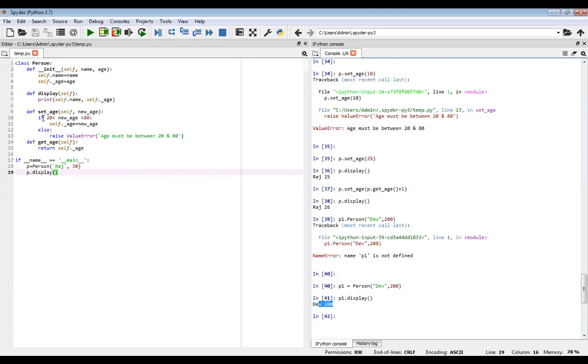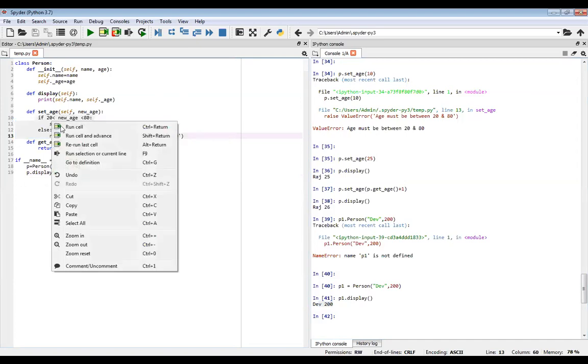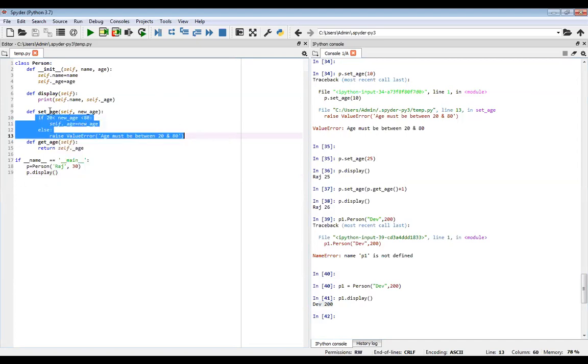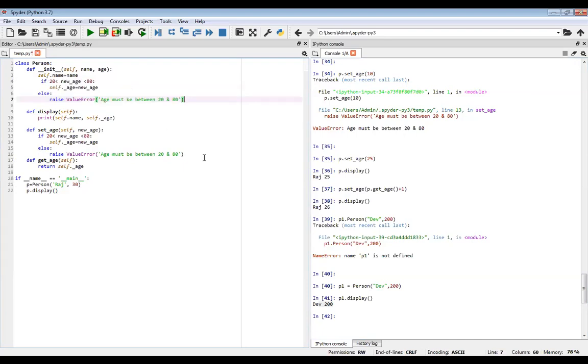So what we can do in this code is put this statement here, copy it, and add this criteria here.